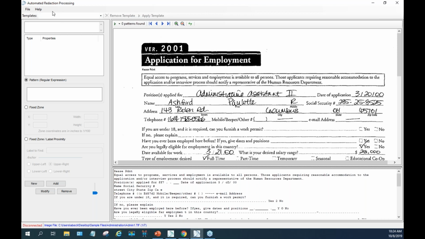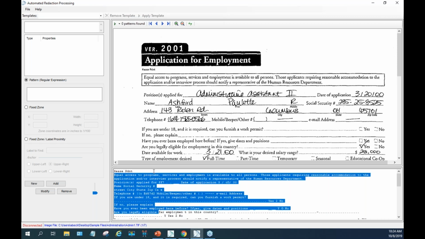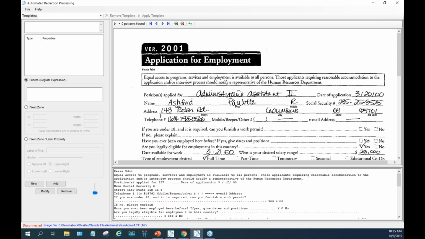The way auto redaction works is it works with OCR, and down here the sample document I've put in has already been OCR'd. So this is where you're building templates based on information. If you have a similar document, like a form, where you want sections redacted in the same place every single time, like a form that has sensitive information in a certain area,